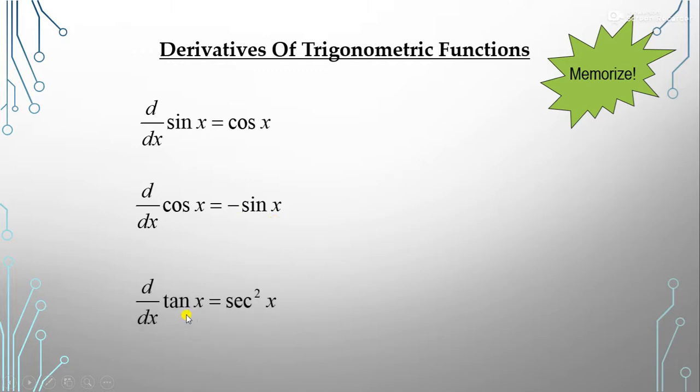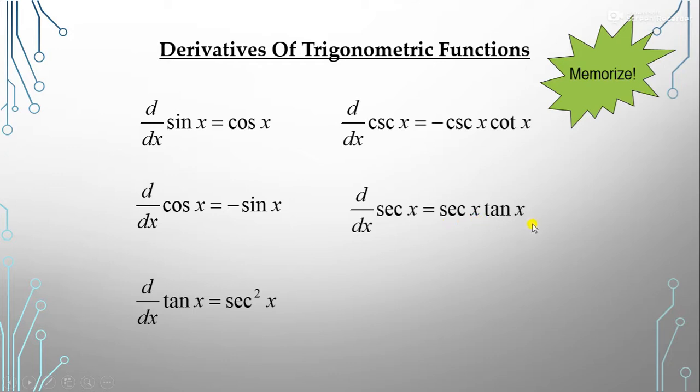What is the derivative of tan x? That is secant square x. And the derivative of cosec x is minus cosec x cot x. The derivative of secant x is secant x tan x, and the derivative of cot x is minus cosec square x. So you have to remember these like formulas, because when you differentiate and you have a function of x in sine, cos, tan, then you can directly use the derivatives of these. Okay, so you have to remember these derivatives.